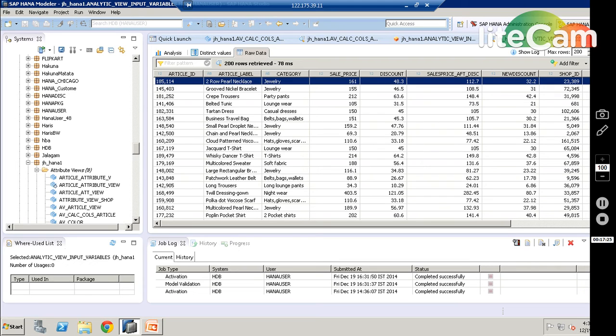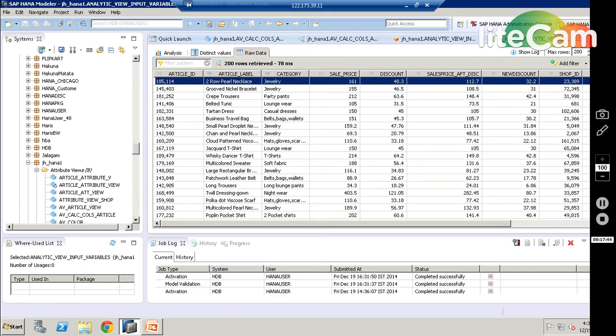Based on that input variable, you can write the code inside. You can use that particular variable however you want to use it. Based on that, if you want to write some logic, some if conditions, some cases, whatever you want to perform, you can do that. Okay, so this is about how to use input variables.